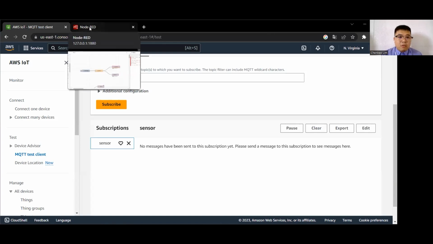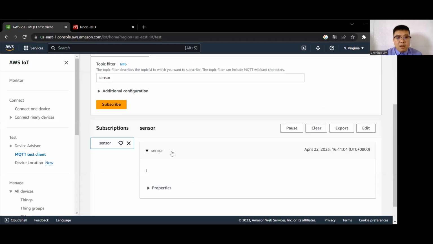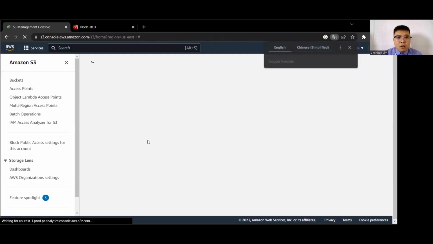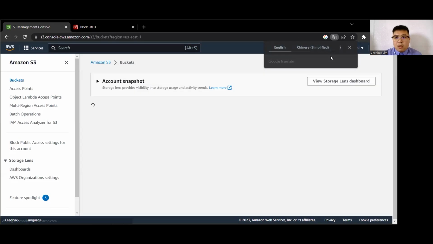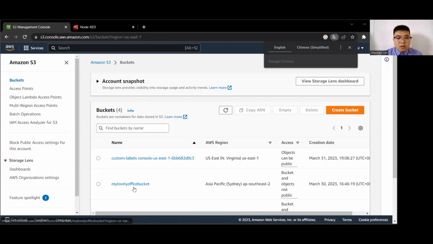Then we go to Node-RED. Click the timestamp. It will say successfully injected. Then the output is like this. Then this message will be stored at the S3 bucket, in this bucket.